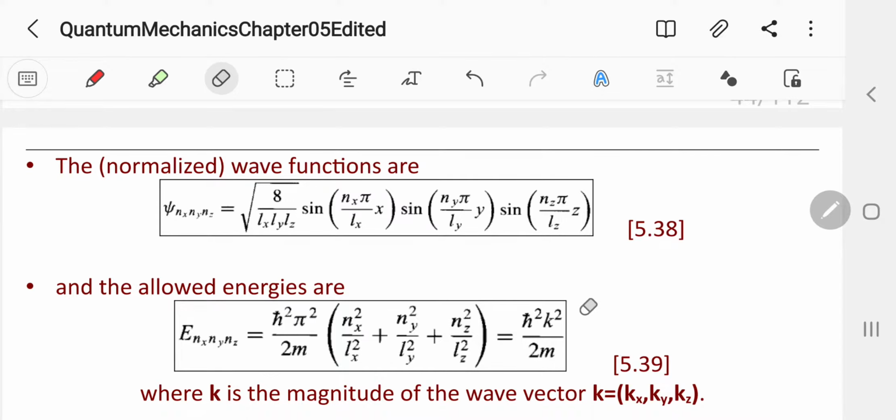And this is equal to, of course, h bar square k square over 2m, where k is the magnitude of the wave vector k here,